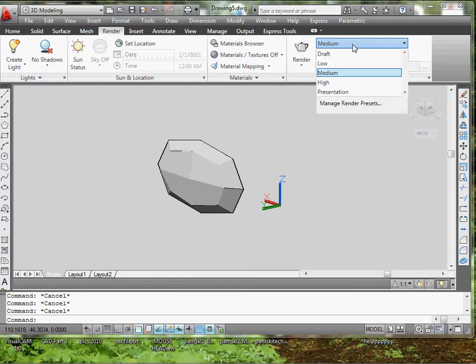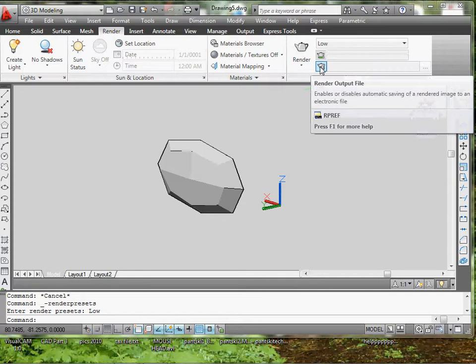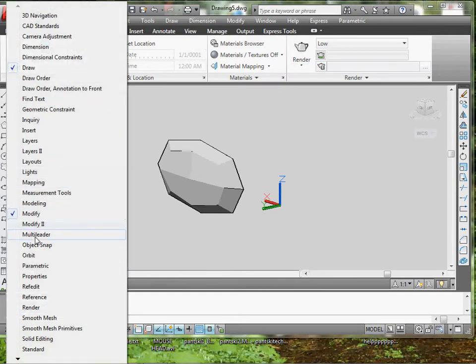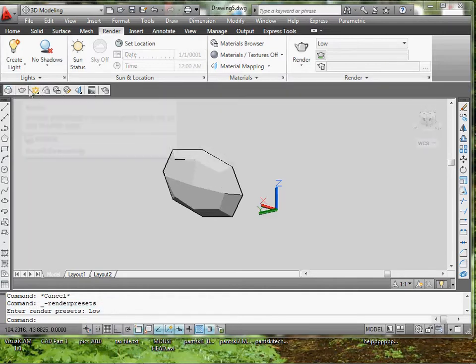If I was you, I would probably lower it to low instead of medium. I mean, it won't look as nice, but at least you'll know your computer doesn't freeze. And then once you get the perfect material you want on your object, you can always make it higher, up to presentation, which would probably take a little bit longer to run. So that's why I would just recommend using low. Low is fine. And let's see, I'm going to open up the rendering toolbar, so I can have those basic tools,